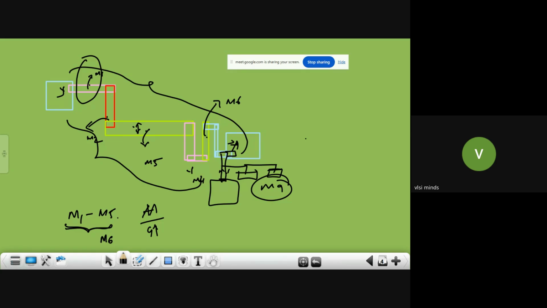So we cannot tell directly. We should check with the rule. What rule is it violating? There are different rules again, right? Cumulative rule, metal width violation rule. So we should check which rule is violating, and from that rule, we should calculate.